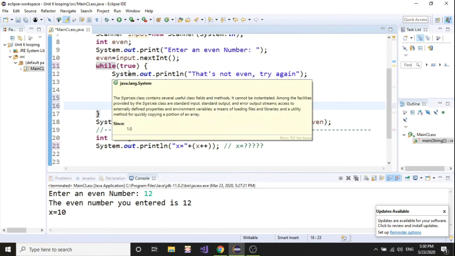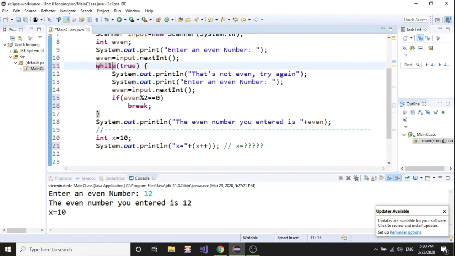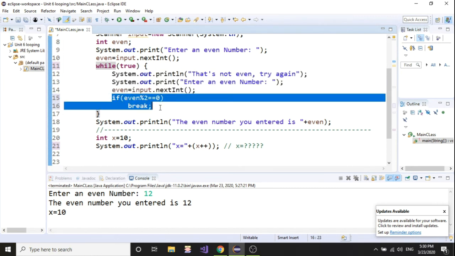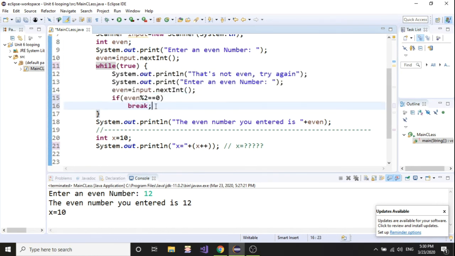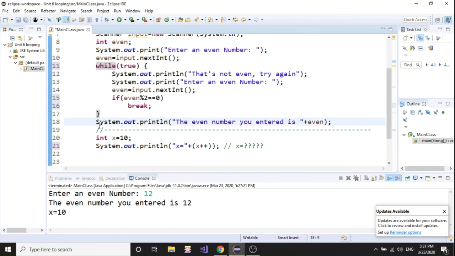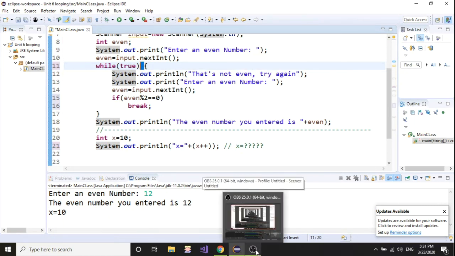So what I did here, sorry for that, I basically decided that this loop is going to go forever. And I just put an if statement here with a break statement here. This break you remembered from the switch. And what I'm saying here, whenever even divided by 2 will give you a remainder of 0, which basically means it's an even number, break. Break here basically will take you out of the loop and you move on here. So that's another thing to think about. Remember, never put a semicolon here. This will be the last thing we're going to talk about in this class. Never put a semicolon here. I'll see you guys with the next